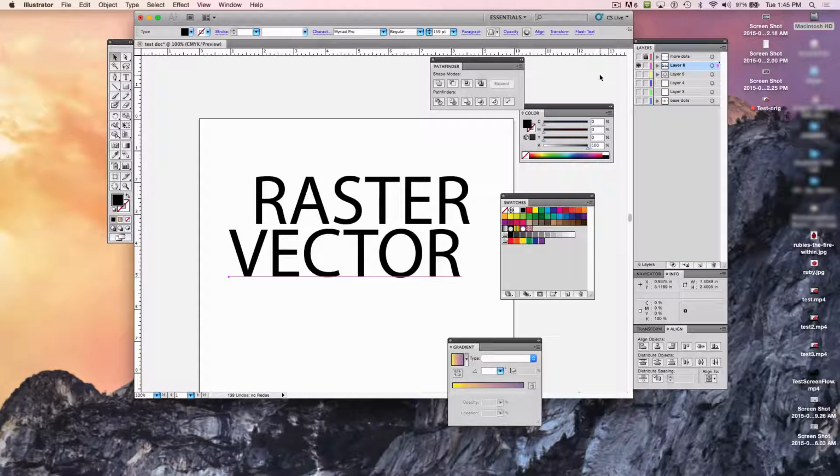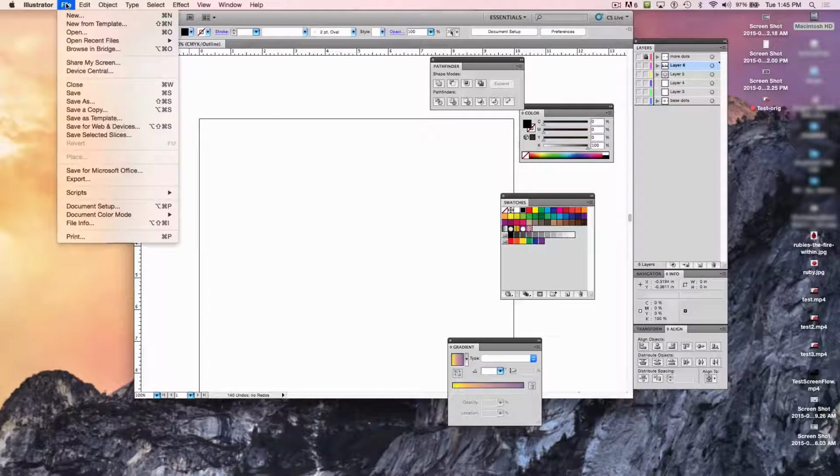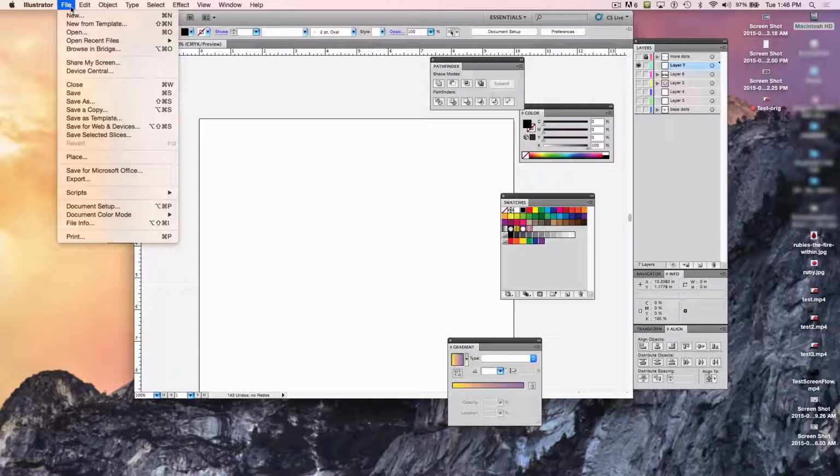Okay, so let's check out another feature over here. Let's turn off our type layer, and let's bring in some images. There's a thing we're going to do over here that relies on that. So I'm going to add a new layer, and you've got to make the layer visible, otherwise nothing's going to take place. So now that that new layer is visible, I'm going to go down to File and Place,